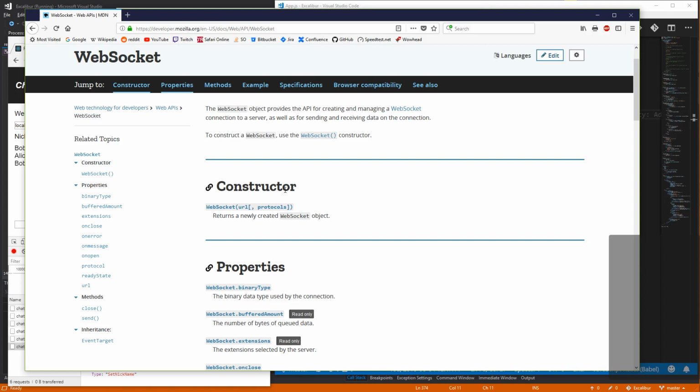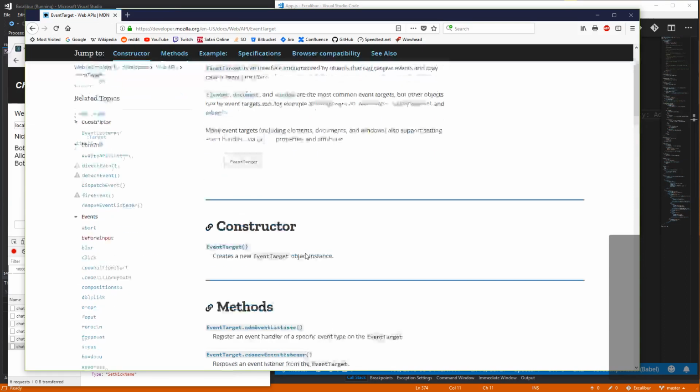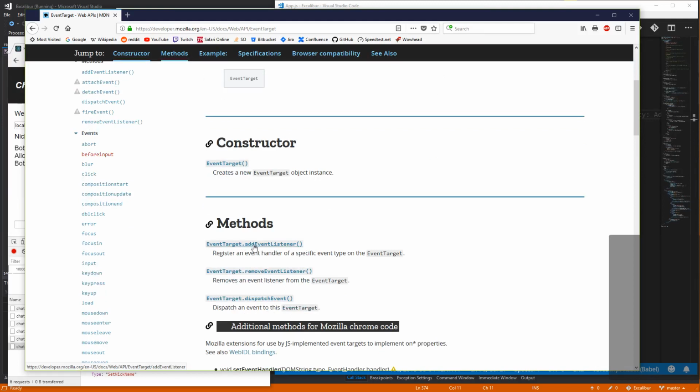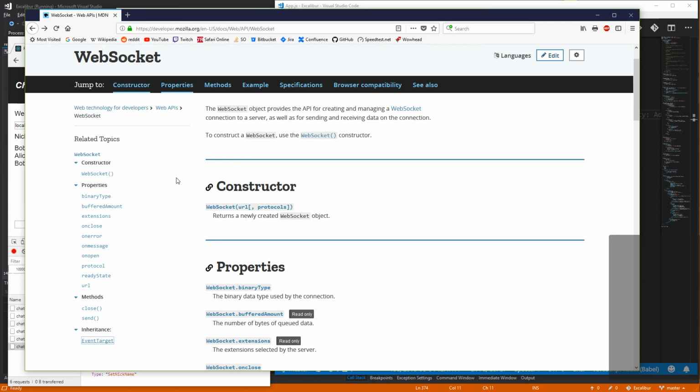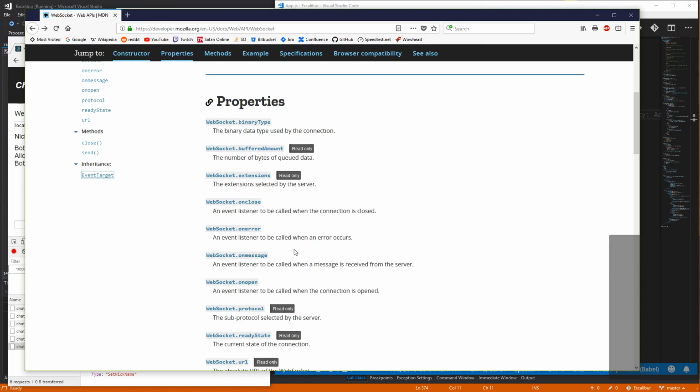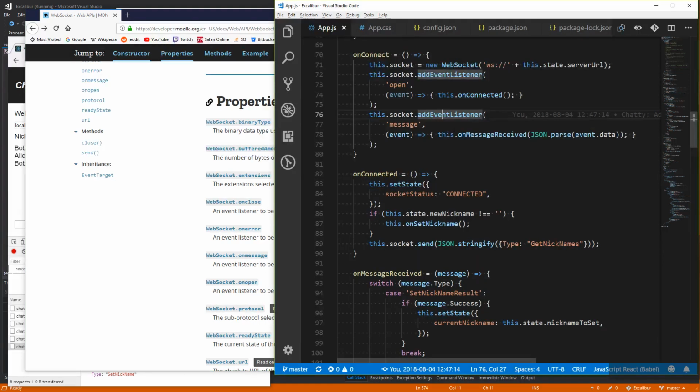You have to look at what WebSocket derives from, EventTarget. And then you'll find it has an addEventListener, but then you don't really know what event types there are. You can infer it, I guess, from these ons. So there's close, error, message, and open as well. So we're capturing open and message, but not error or close.